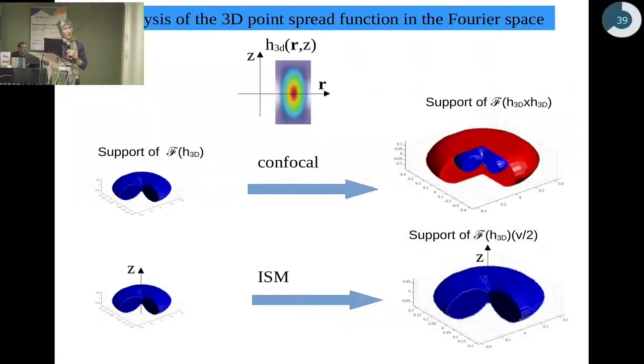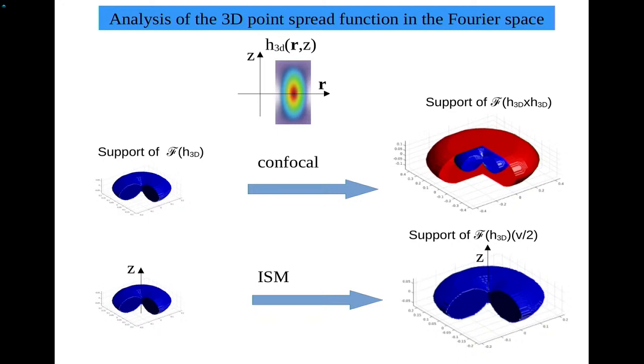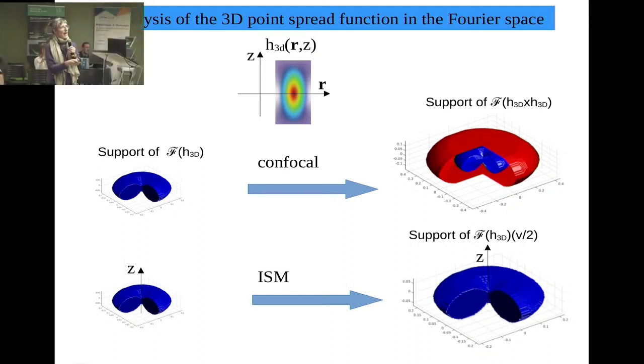Okay, so what about RIM? Sorry, I just want to give you a little hint of what optical sectioning means. This is the point spread function of your wide field fluorescence microscope. And the Fourier transform in the x, y, z direction of this point spread function has this torus-like shape, and it has no frequency along the optical axis. And this is why, along the z-axis, you are not able to see any fluorescent plane with a wide field microscope. Okay?